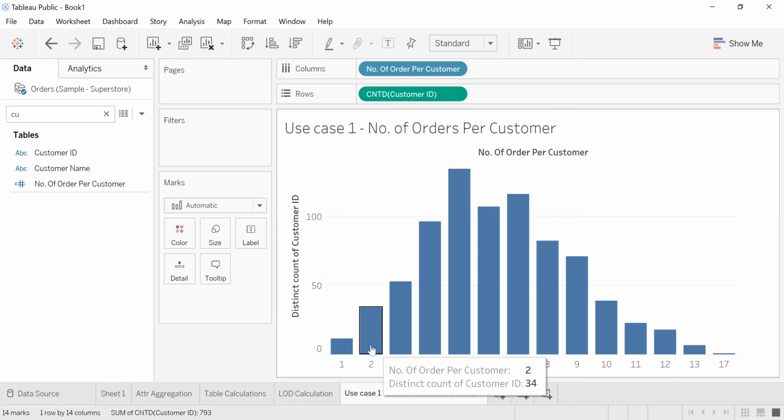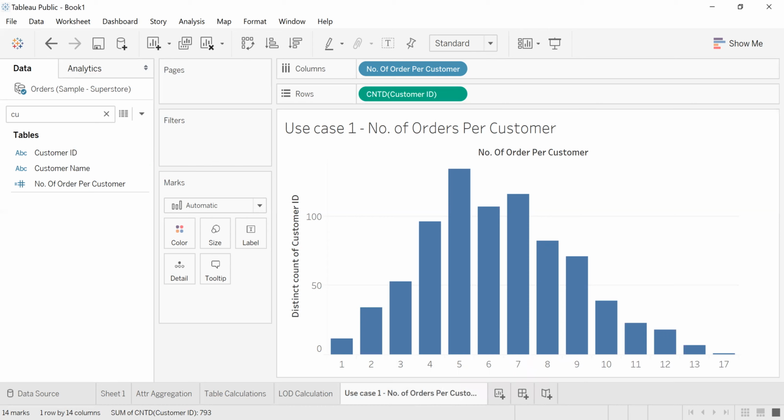Suppose you order two items from a stationery shop, a pencil and a rubber, or maybe I have ordered a notebook and a rubber. The number of orders are the same, 2 orders we have done. So for you and me, it will count in one. The count distinct order ID will be 2, and the number of orders that we have done is 2.